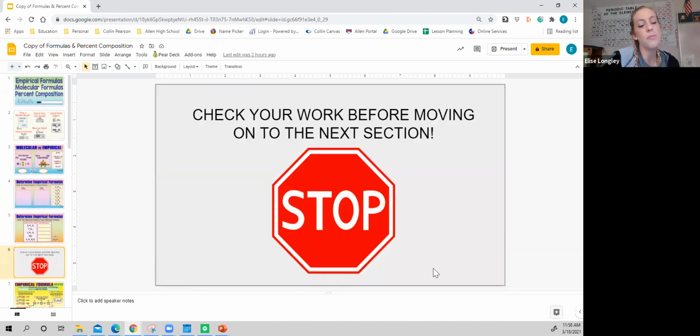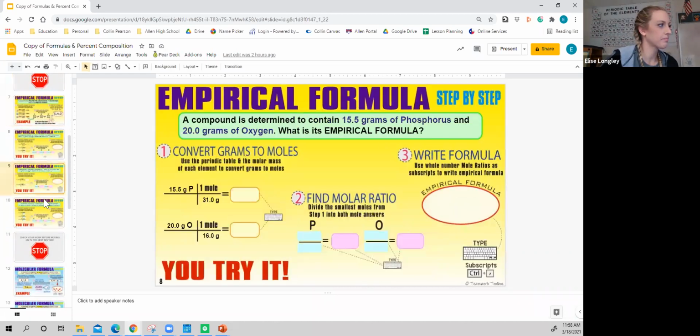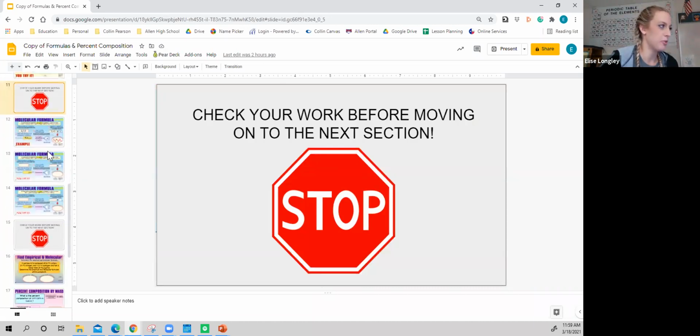Notice that there's this stop sign randomly throughout. So it's after each section. So when you see this stop sign, you stop, take your team leader that you have nominated, and they come back to the main room and share their screen with me for me to be able to check your work. Once I give them the go ahead, they will come back and then you will move to the next section. And then they will stop and then you will come back and I will check and then we'll go to the next section. So that's how this is going to work. Okay.